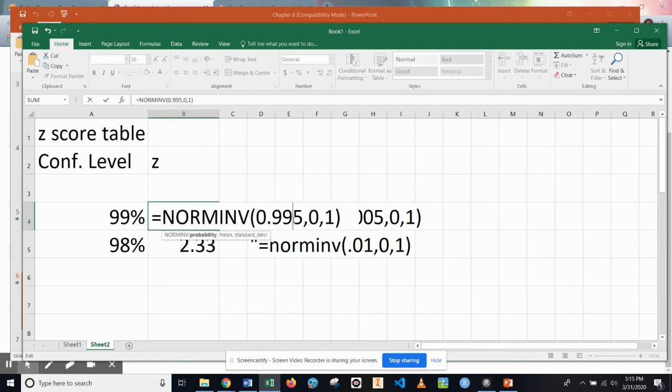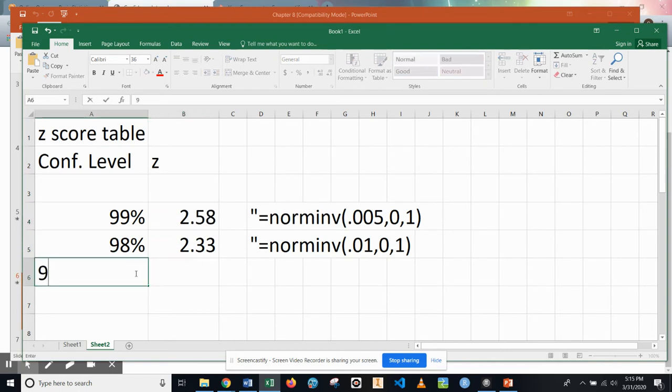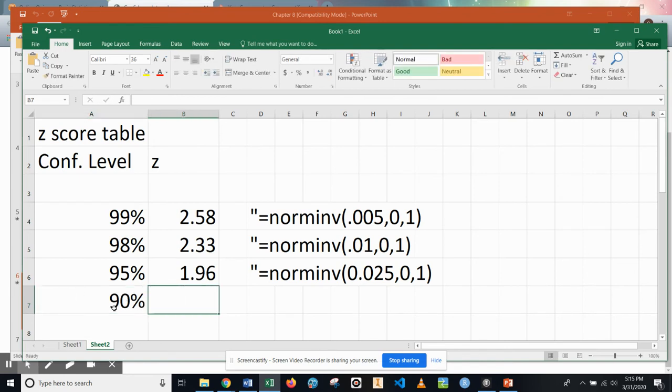So I'm just going to change my math here, so we want to make sure. 2.58 would be sufficient for that one, and then we can do 95%, which is the most common one. You would do something like NORM.S.INV. Now remember, since we're finding these right now, you technically do not have to recalculate these for z-scores. This would be 1.96, and a 90% would be